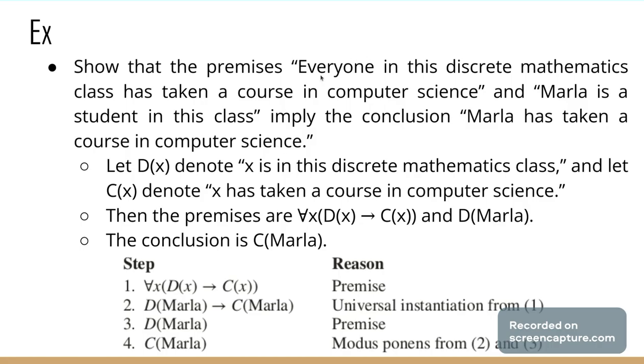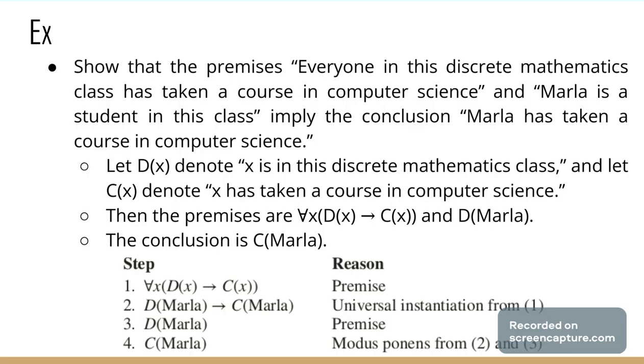Let D of x denote x is in this discrete mathematics class and let C of x denote x has taken a course in computer science. So the first statement is for all x, D of x implies C of x, where the domain is